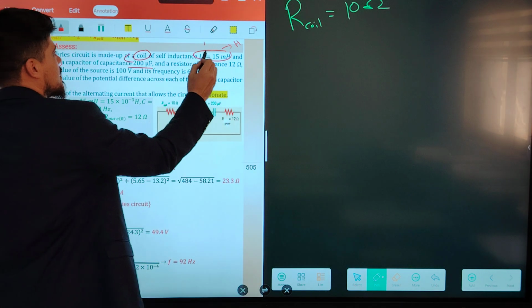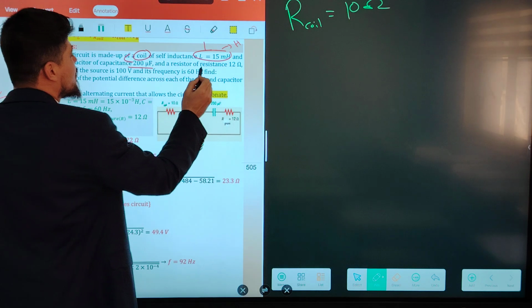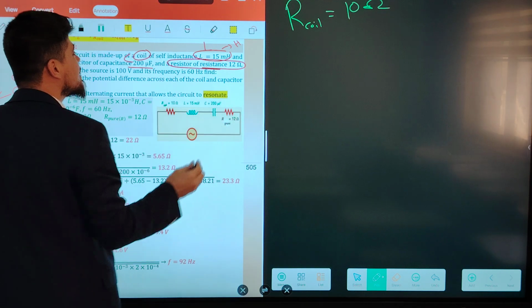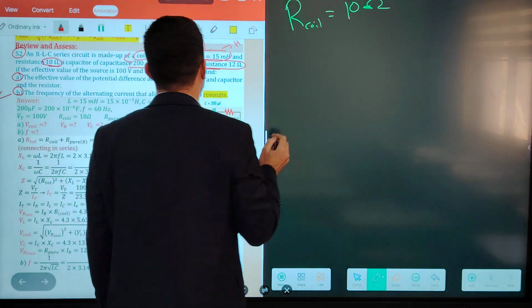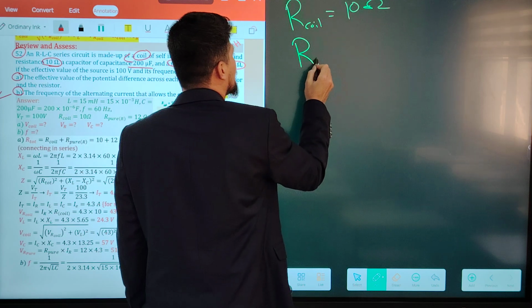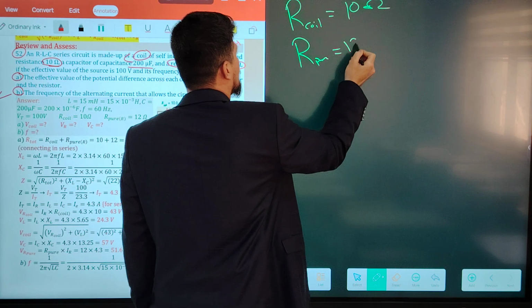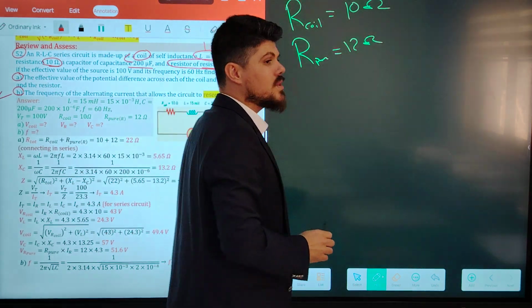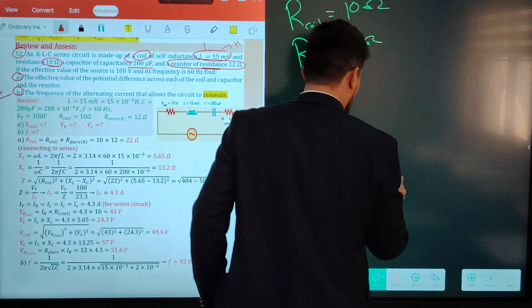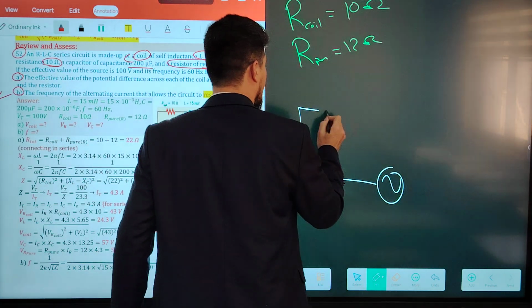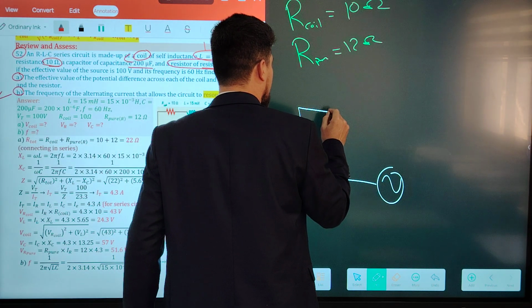This is C. This is L. And a resistor of resistance. What is this? This is the resistor, the pure resistance, equal to what? 12 ohm. If you draw the circuit in this question, we have an AC source, a coil of resistance,